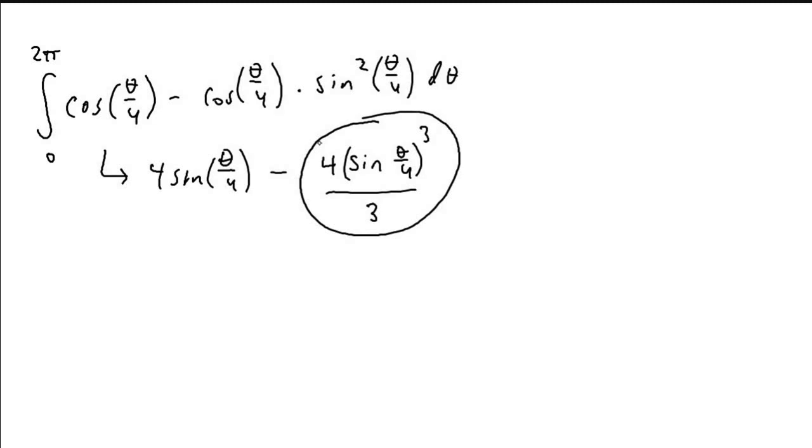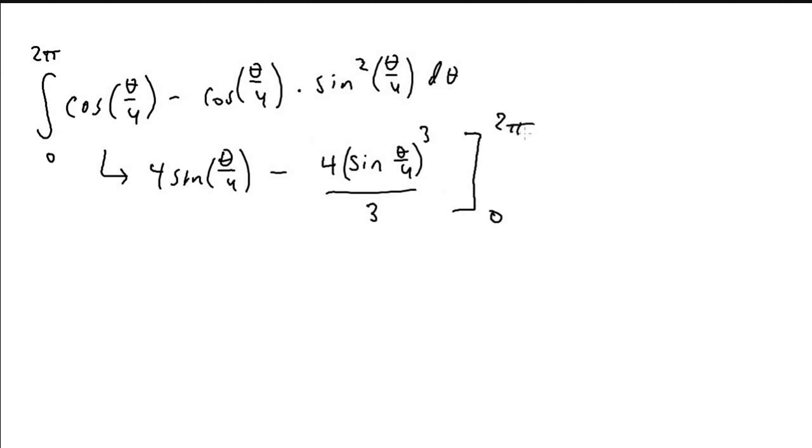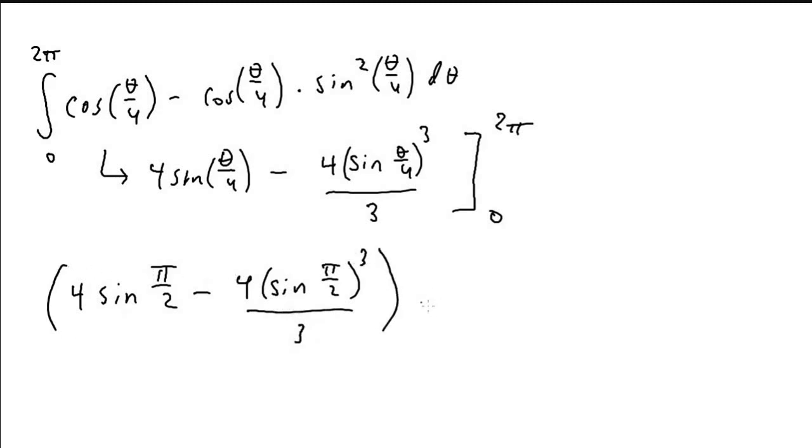So now we can further evaluate by plugging in our bounds. So we're going from 0 to 2 pi. So when I plug in 2 pi, first we'll get 4 times sine of 2 pi over 4, which is equivalent to pi over 2, minus 4 times sine of 2 pi over 4, which is pi over 2, the entire thing cubed over 3, and then minus when I plug in 0. And the good thing is when I plug in 0, everything will equal 0. So we'll just get 0 minus 0,